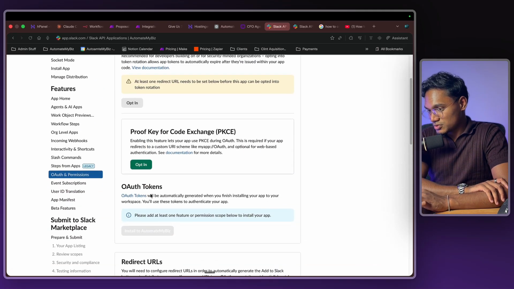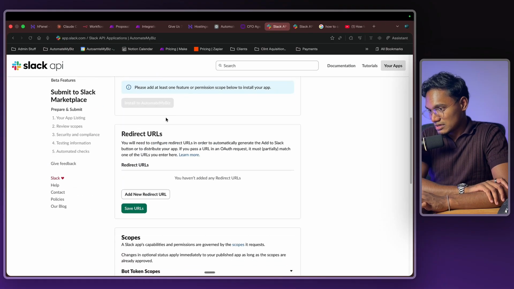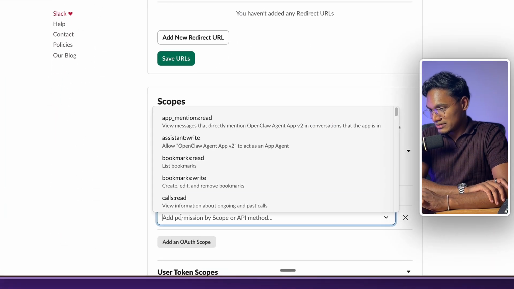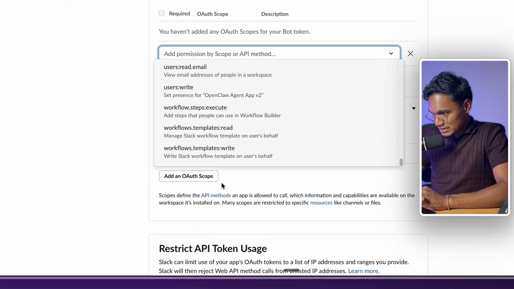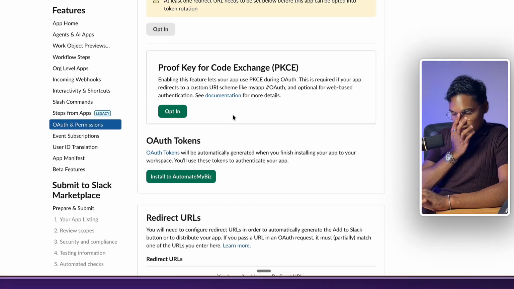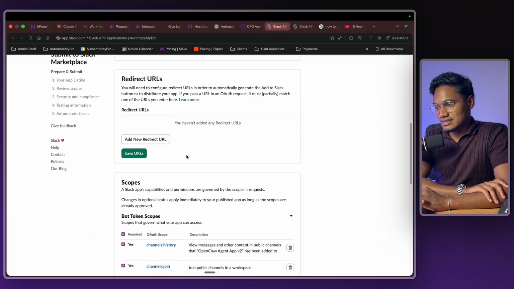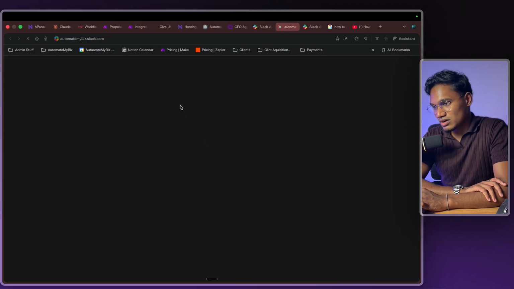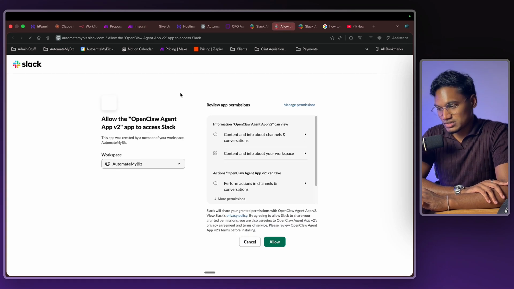I'm going to add a few tokens just for testing purposes. I'm going to add a few scopes, because without them I can't do anything. I'm going to add user write. Now that we've added all these things, let's click on install to automate my biz. Click on install to automate my biz, and what it's going to do is